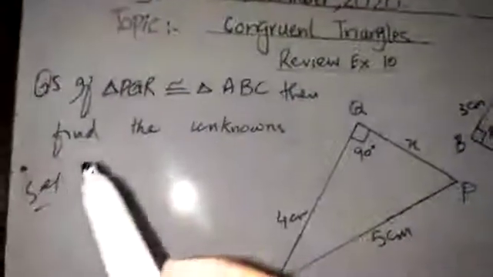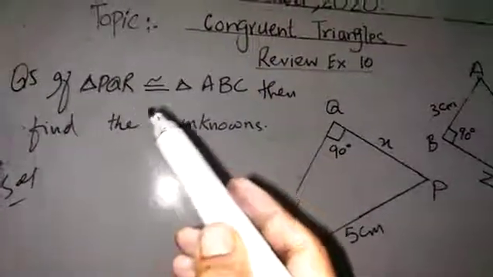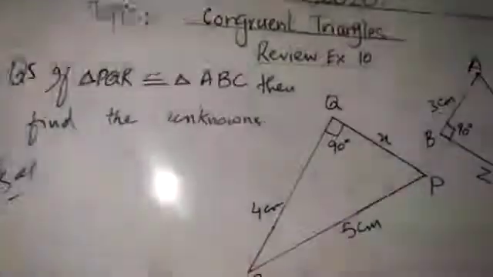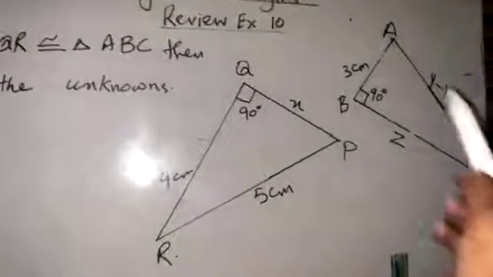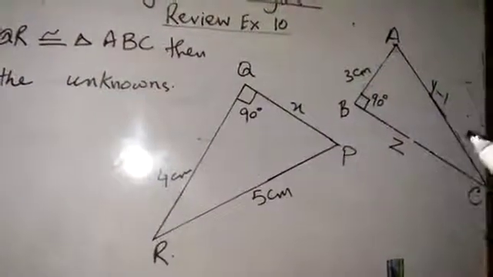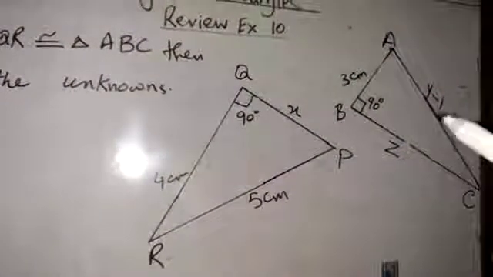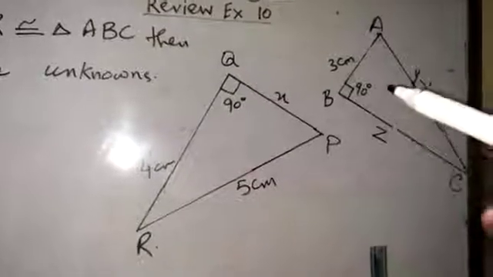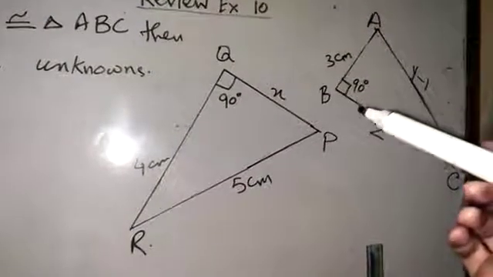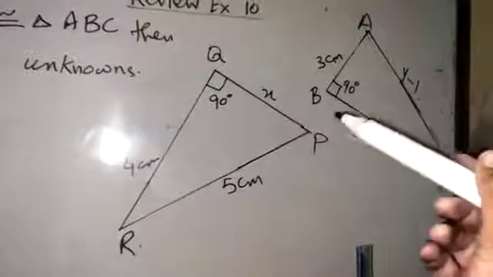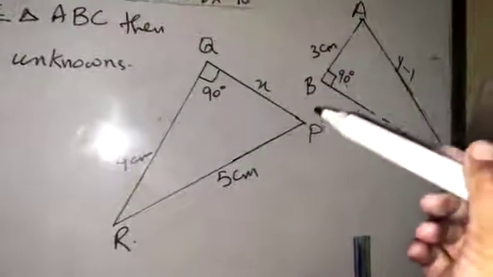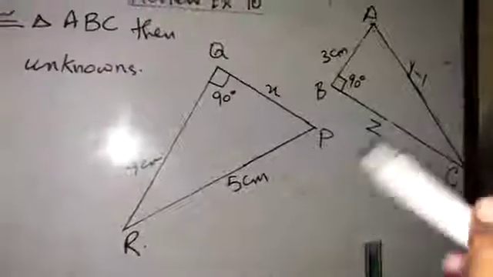Question number 5. If triangle PQR is congruent to triangle ABC, these are two congruent triangles, ABC and PQR. Congruent triangle means बेटा आप अच्छी तरह से जानते हैं कि congruent triangles का मतलब है वो triangles जिनकी हर साइड और हर एंगल कॉरस्पॉन्डिंग मतलब उनके मुकाबले का एंगल और मुकाबले की साइड लेंथ में मेजरमेंट में इक्वल होती हैं.